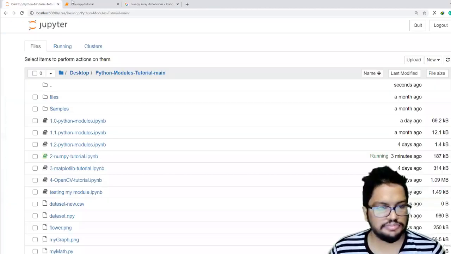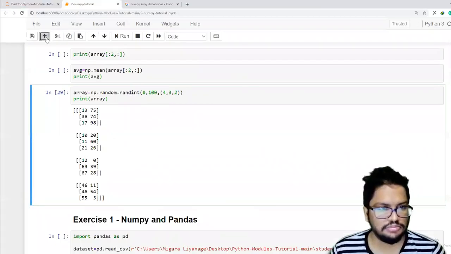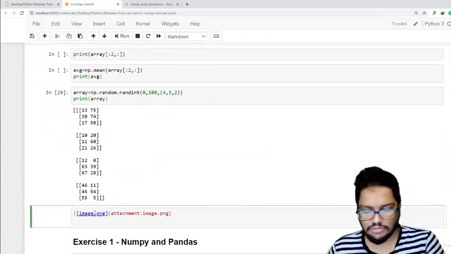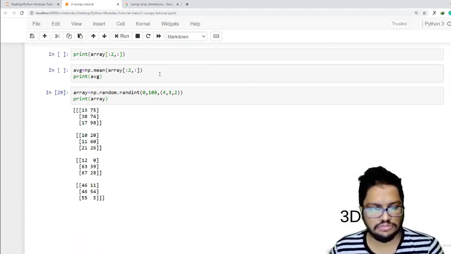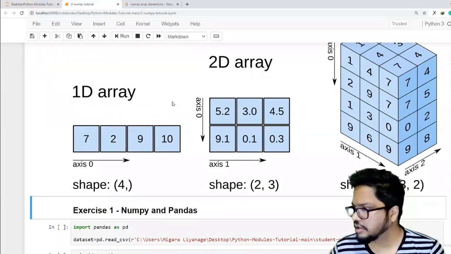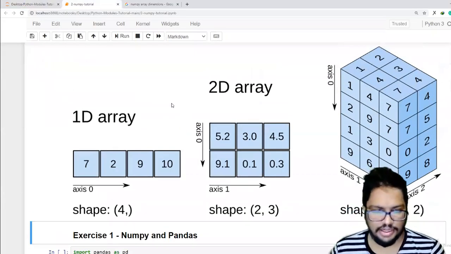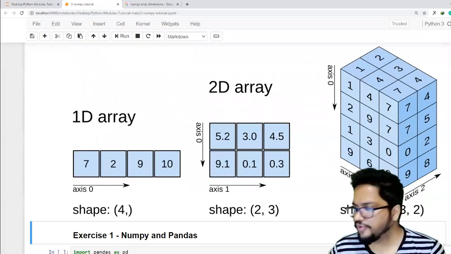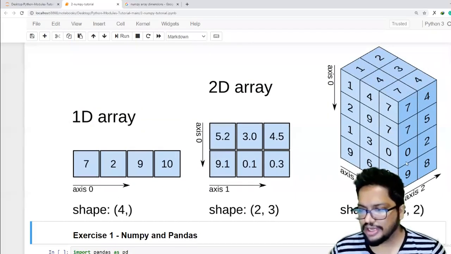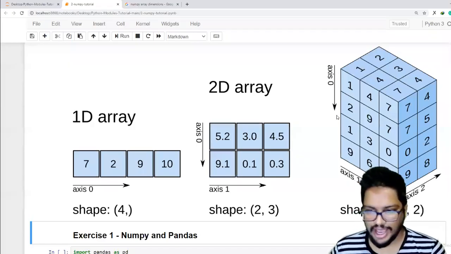Right. So I think now we can discuss it from here, right? If you have this kind of array, 4, 3, and 2, right? 4, 3, and 2, what it means. So it has, okay, axis 0,